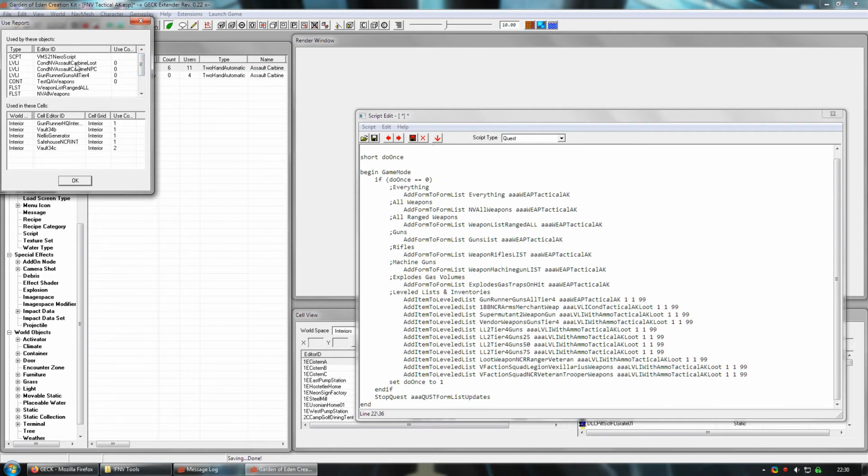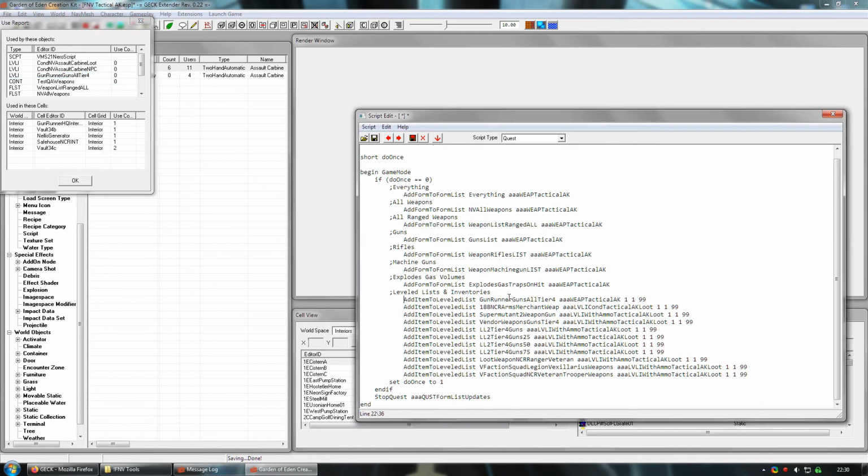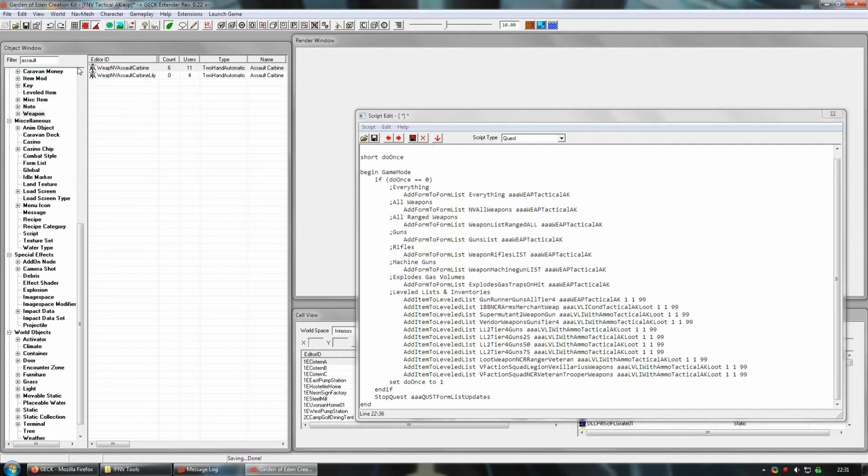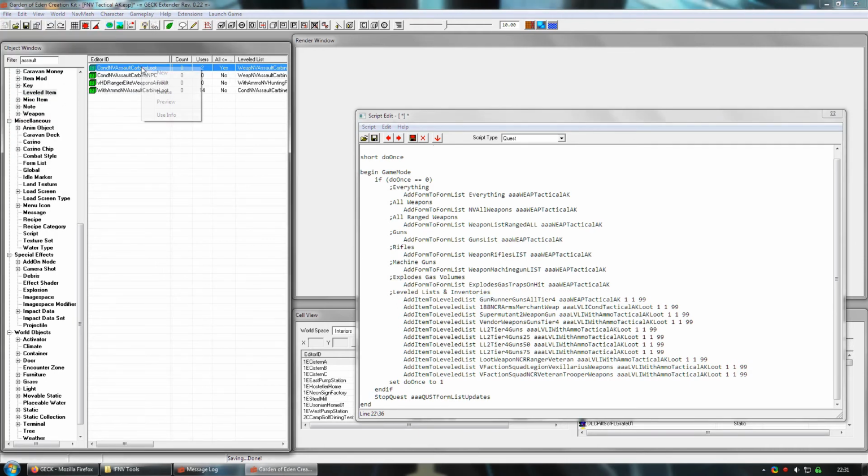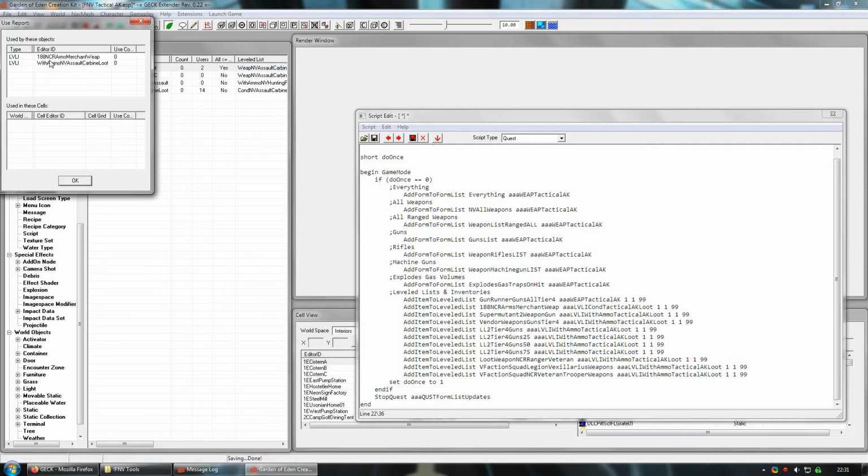So here, we can see that the assault carbine is a tier 4 gun runner's weapon. So I've added that, and what we can also do is do the same trick with the level list that we copied. So here, for instance, the condition NV assault carbine loot, right click use info,